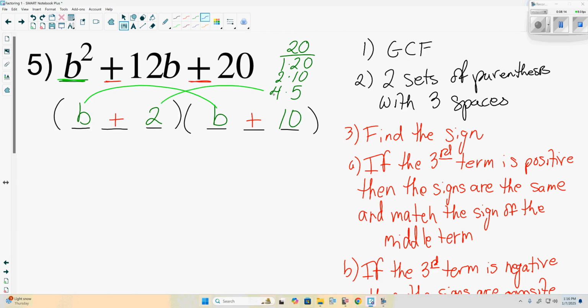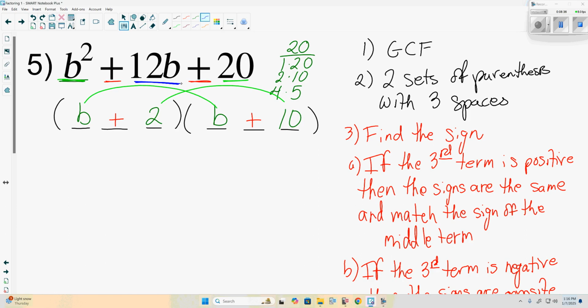And the other one is our 2 and 10, because 2 times 10 is still 20, but we got 2 and 10 from the factors of 20. So as long as we're getting the first and third terms' factors right, there's no real reason to check those two. Now the main one we do need to check for is the